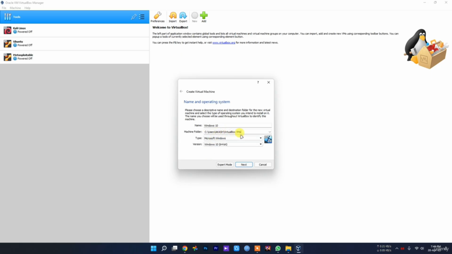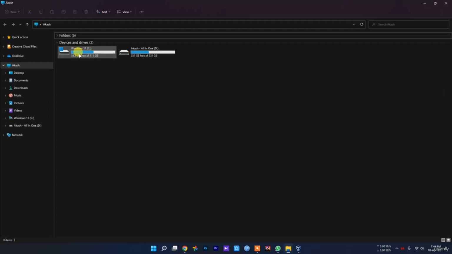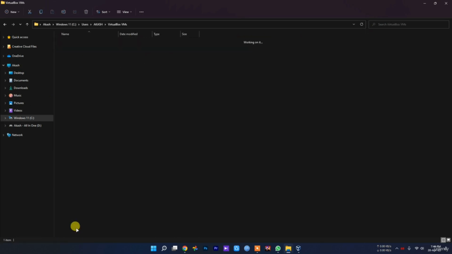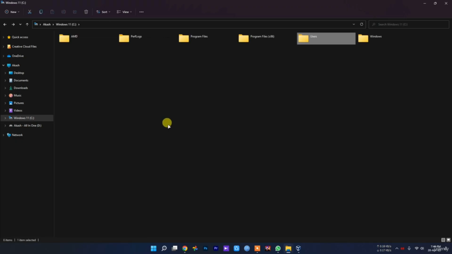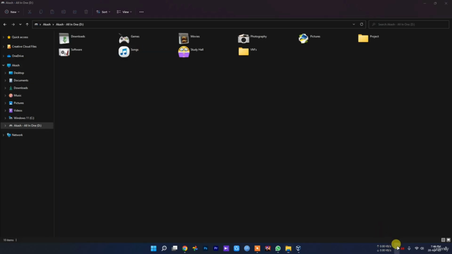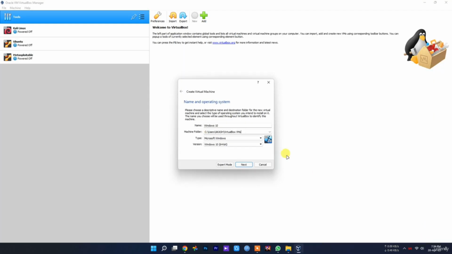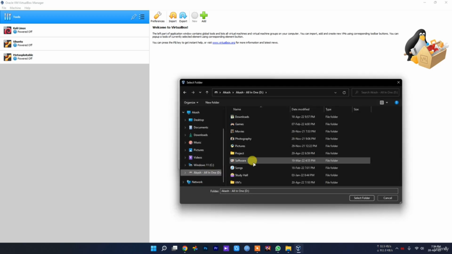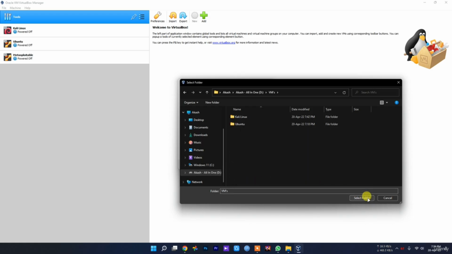So machine folder. Okay, should I use this in here? Let me check my machine folder: User, Akash, VirtualBox, metaexploitable. So no, we are not going to use it in here. Let's select our destination folder where this virtual machine will be installed. So this is my virtual machine folder. Select this folder,